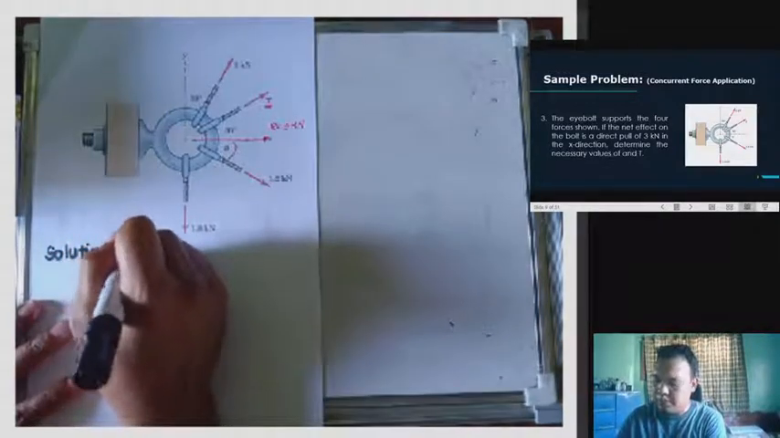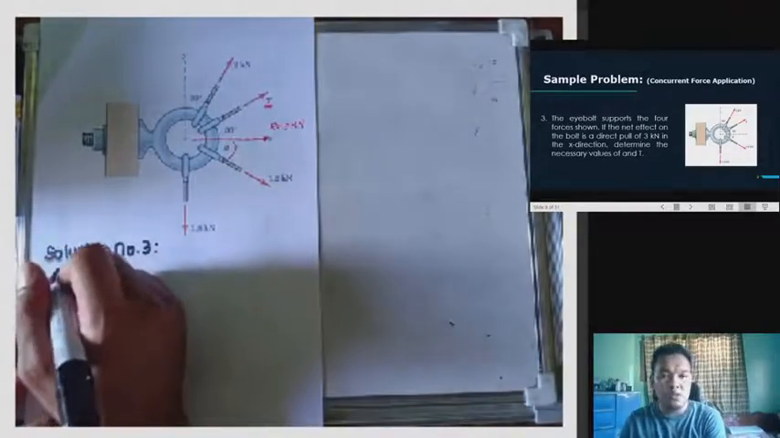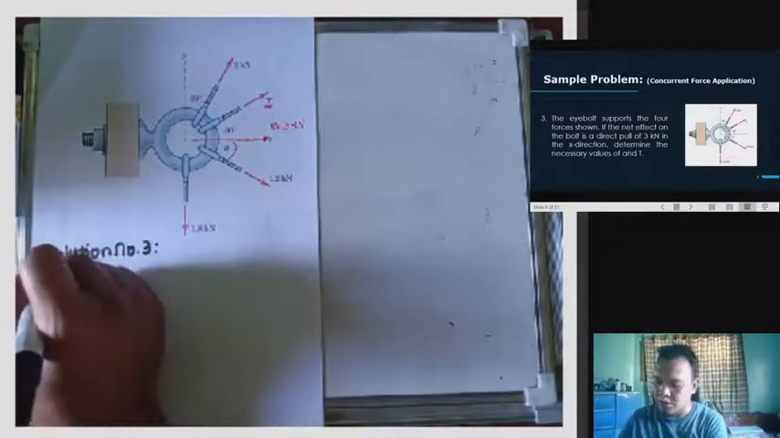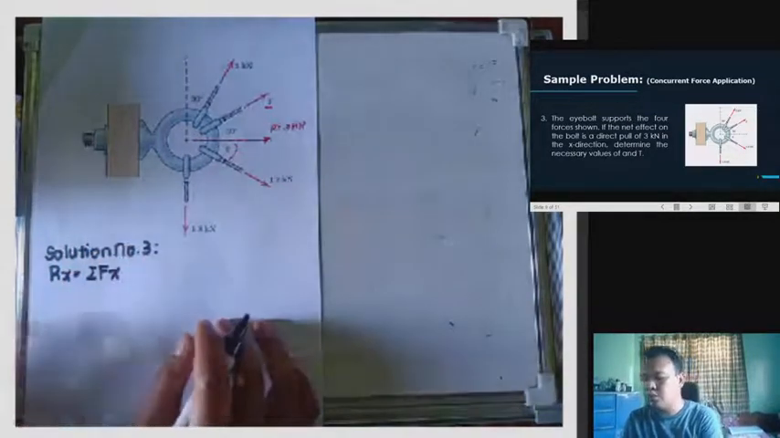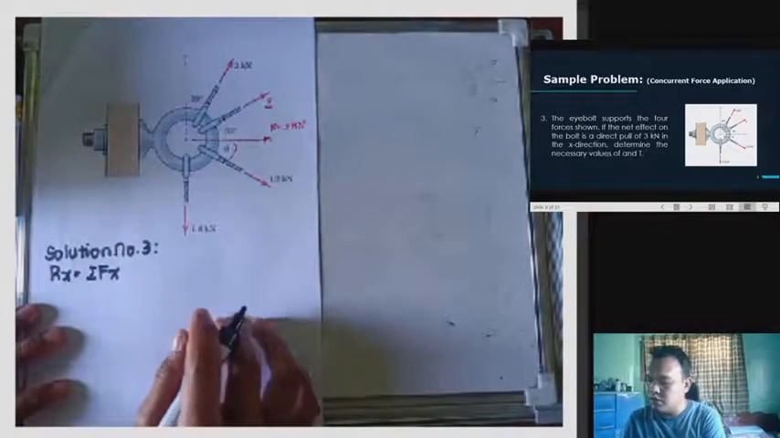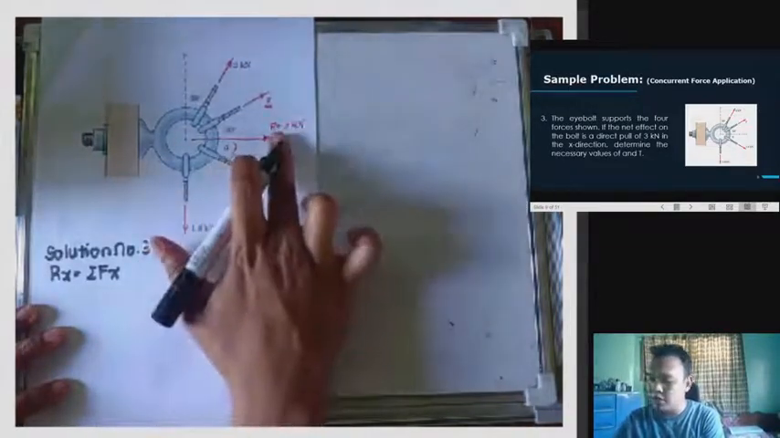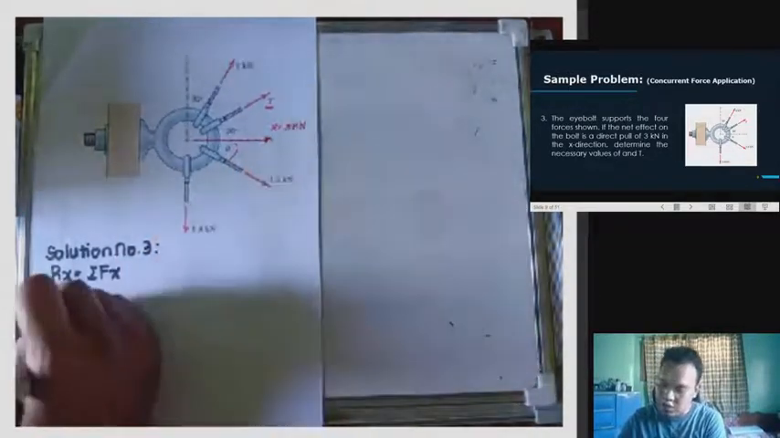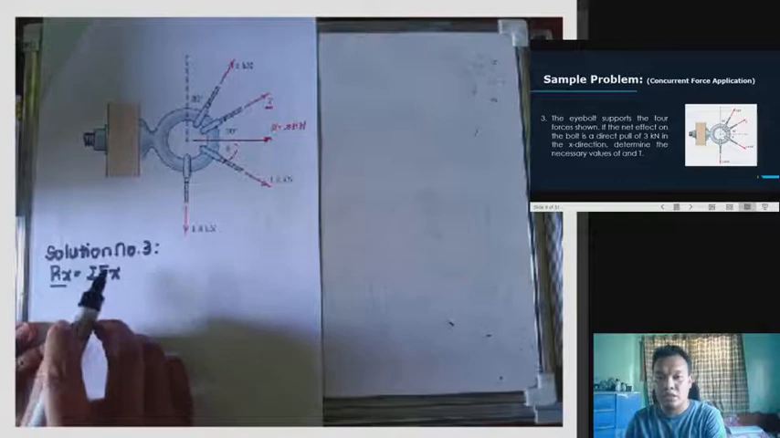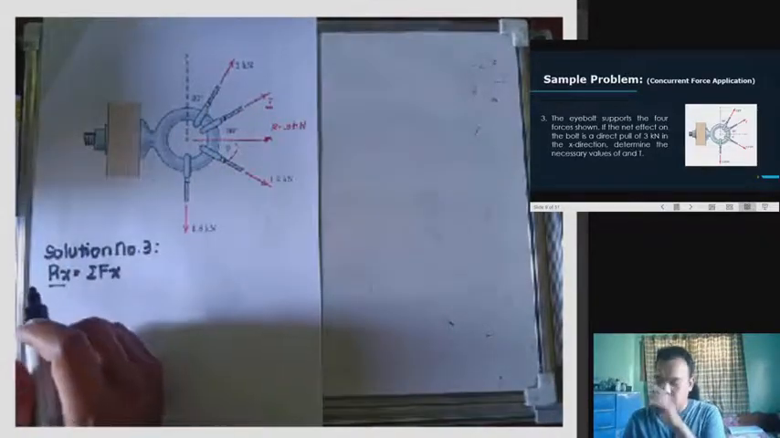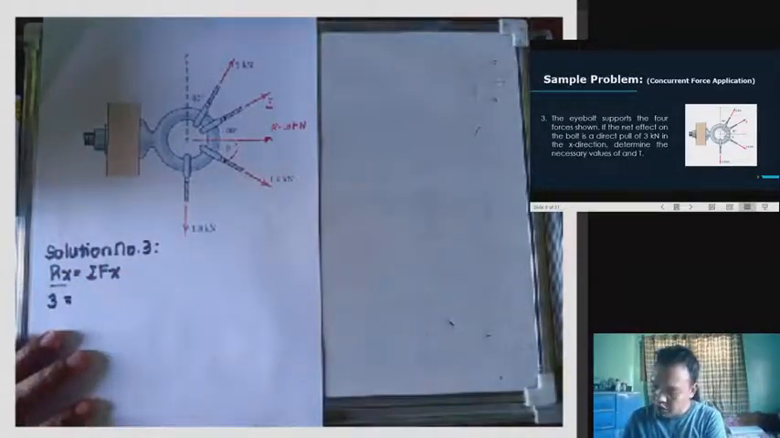Number 3. So, we have here Rx is equivalent to summation of forces in x direction. So, ano yung mga nasa x direction natin? So, we have here ito, force na to, ito, at ito. So, the value of Rx will be 3 kN. So, pwede na natin siyang ilagay dito as Rx, which is 3 kN. Then, yung summation of forces x, ito, at ito na yan. So, we have here 3 kN is equivalent to T